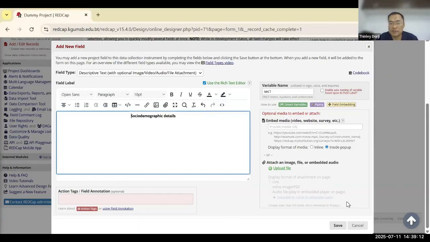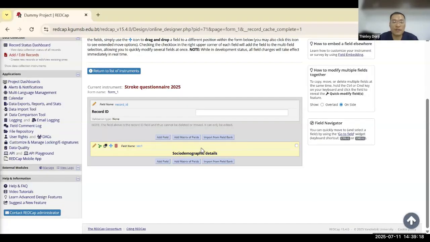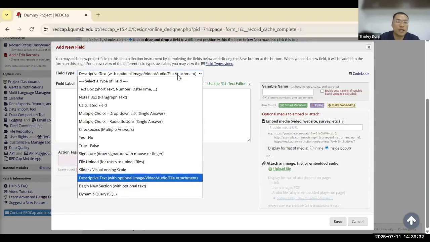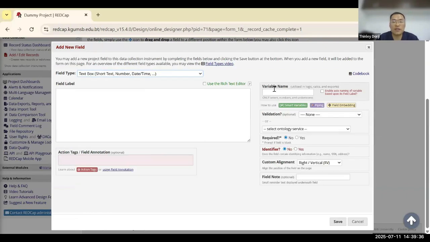And after that, what you need to do is save. Once you have saved, you will have this section as socio-demographic details. Then we'll next add another text field, which is our name. For name we need to collect short text boxes here. And here our variable name, if I remember, was name, and field label is